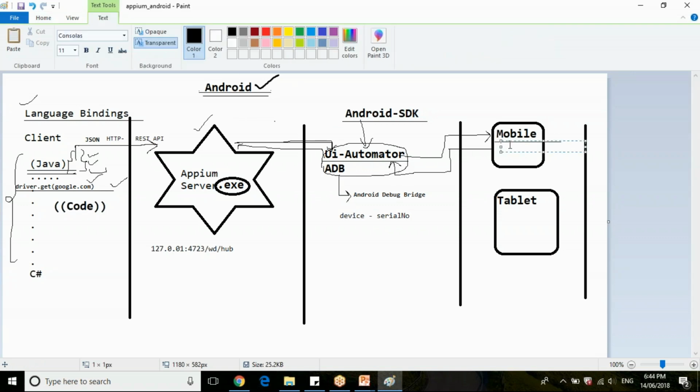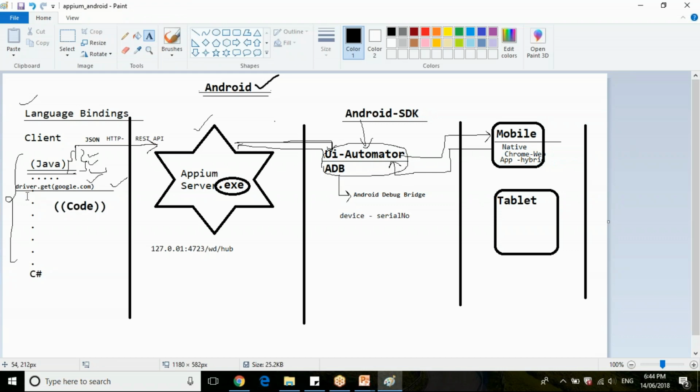If it is a native application, it will execute on the native apps, or if it is a web application, it will launch the Chrome browser and execute web apps. Or if it is hybrid, it is app specific, depending on which hybrid application you are working on. Like this, based on your configuration and your code for native, hybrid or web application, your scripts are pushed to mobile and executed, and the status is sent back to the user with the help of the APM server. This is the main task of the APM server.